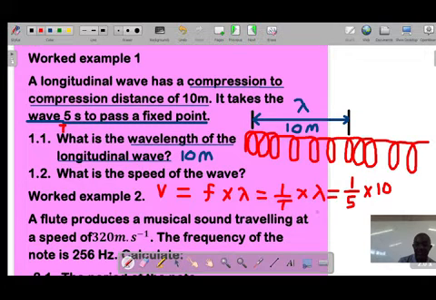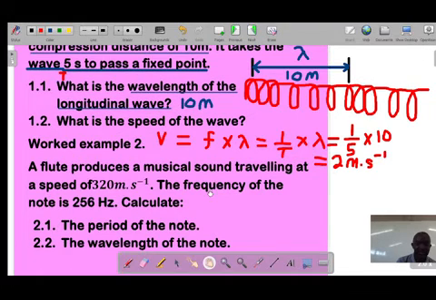Which answer do I get here? 10 divided by 5 gives me 2. So it's going to be 2 meters per second. That's the speed of this wave, 2 meters per second. I hope you understand, guys. Let us proceed. Next example says here that